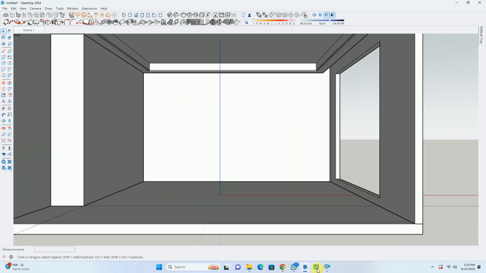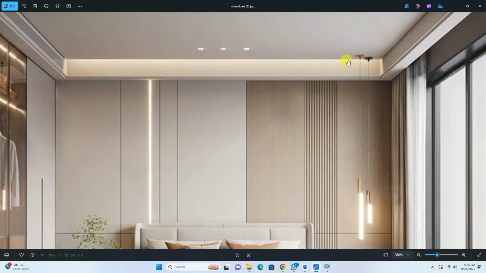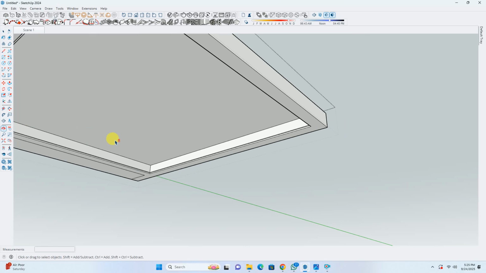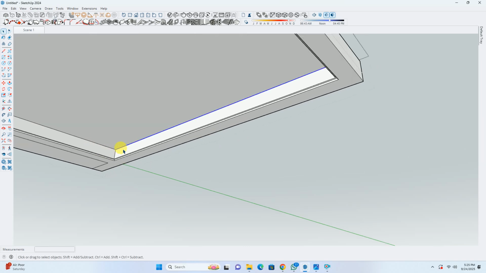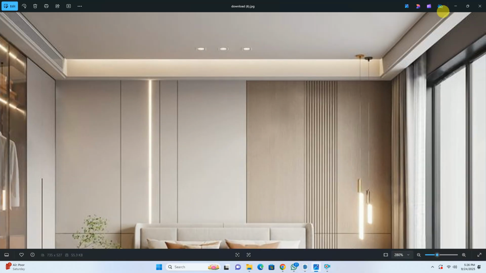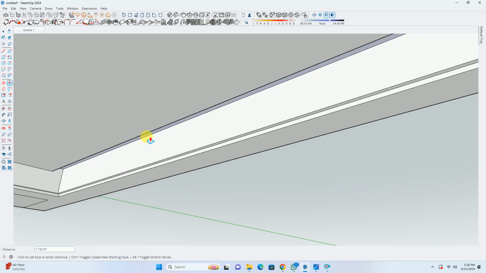Another thing that we want is, we can see there's some light kind of thing coming from the top of the surface, right? So for this, I'll double click over here. I'll copy this line. So for copy, I'll select the line, apply the copy command from this surface and copy it at a gap of 4 inches around. Okay, I'll copy it at a gap of 4 inches and we'll apply a push pull.